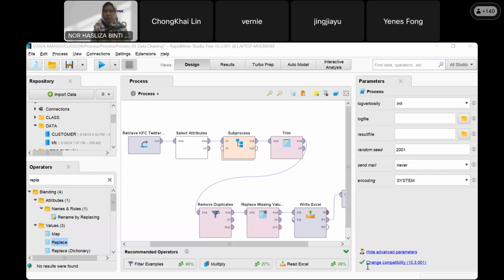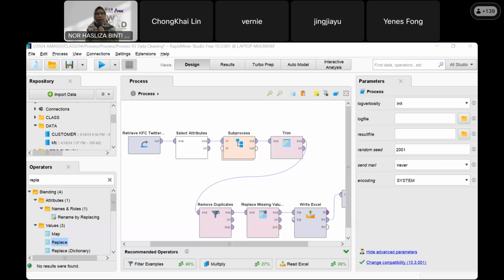Data cleaning. Okay. Do you get this data cleaning file?